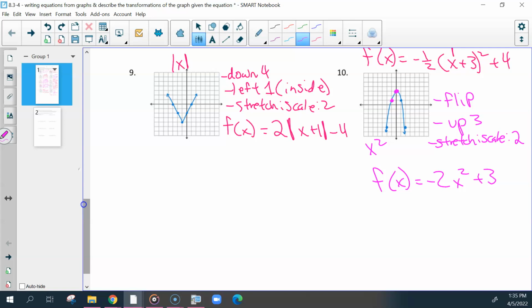So there is a back to this, but those are the next set of notes, so don't worry about those. Everyone should have a stapled bunch of papers. Those are a bunch of different graphing practices where you're given the graph and you have to find the equation. I would say try a few from each page. If you want specific ones, I can find ones and have you do those. But do as many of those as you feel like you need, and let me know if you need help